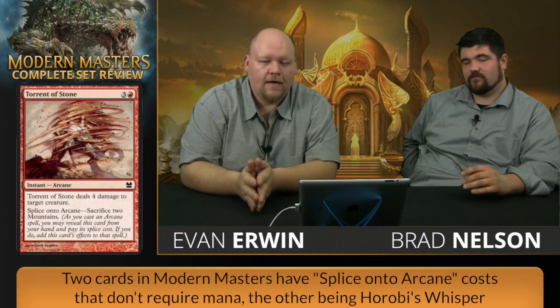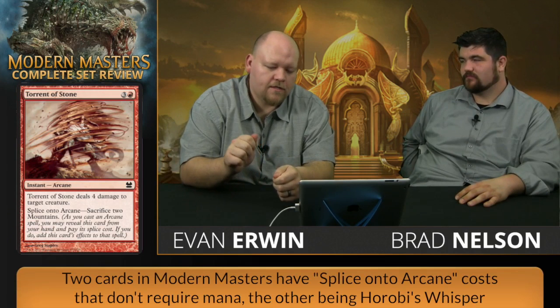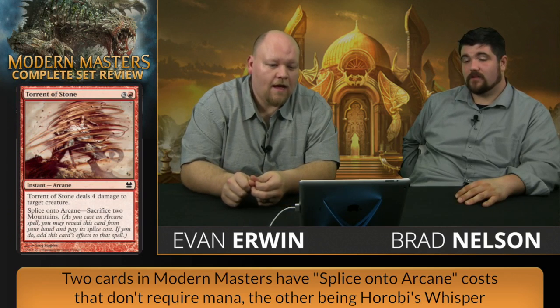Now, Torrent of Stone, that's another one. It's from Betrayers. It's absolutely awesome. I remember playing with this card back in the day. It is sweet. It is super, super sweet. Being able to Torrent of Stone and to splice on Hidetsugu's Whisper is wow. It is a sweet, excellent feeling that you will not forget. It is a good one. Being able to splice onto Arcane, sacking 2 mountains,